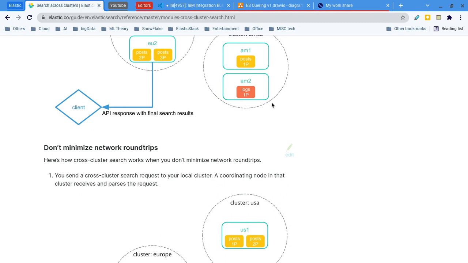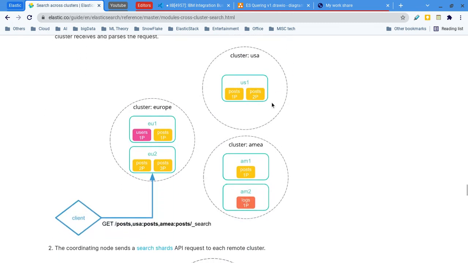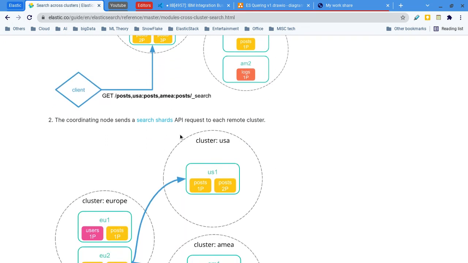The other type is don't minimize network round trips. Here many network round trips are involved. The coordination node also receives the request, but this time, instead of sending it to the cluster search API, it sends it to the shard search API. Earlier it used the cluster search API; in the second case it sends it to the shard search API. What is the shard API? You can check it here.